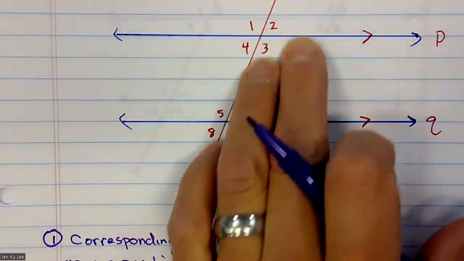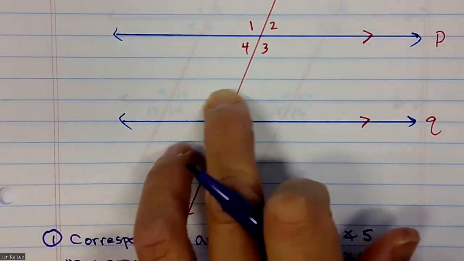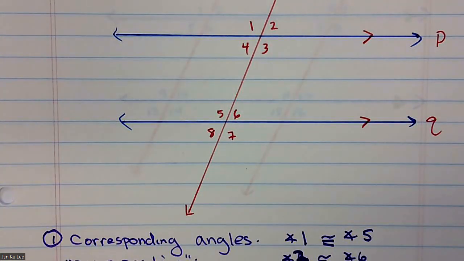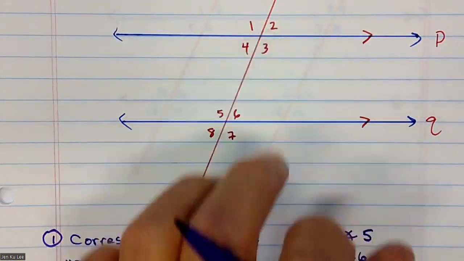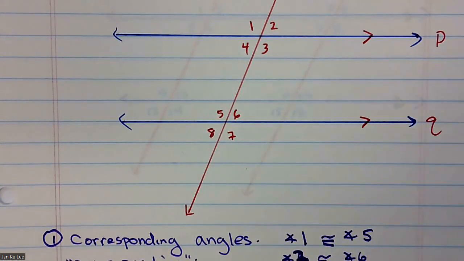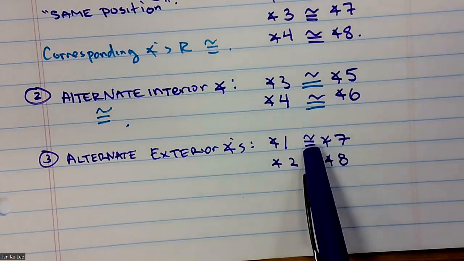We are treating 1, 2, 3, 4 as one group and 5, 6, 7, 8 as the other group. So we're picking one from the first group, 1, 2, 3, 4, and we're picking the other from 5, 6, 7, 8. All right. So those are alternate exterior angles. And I already told you that they are congruent